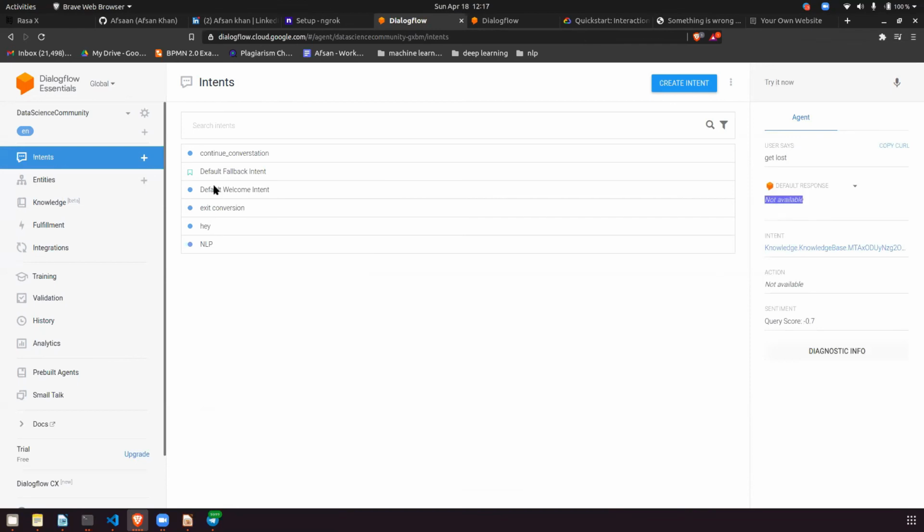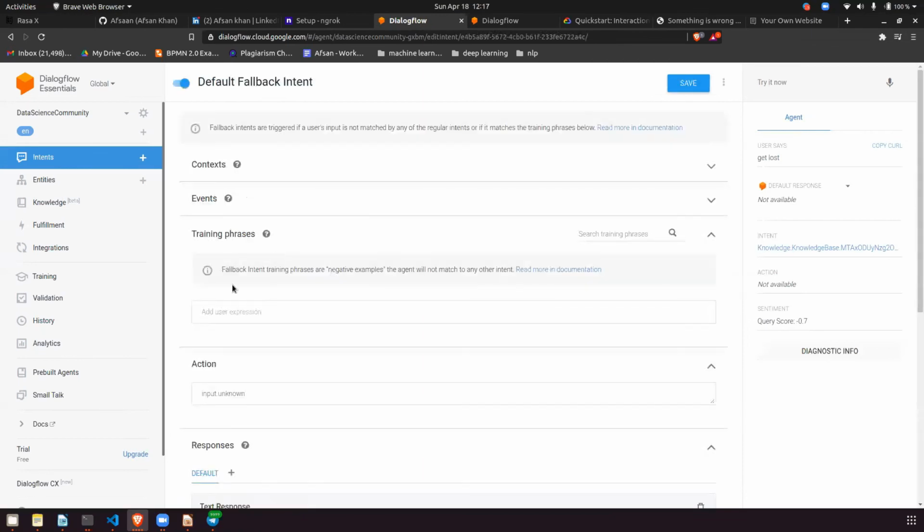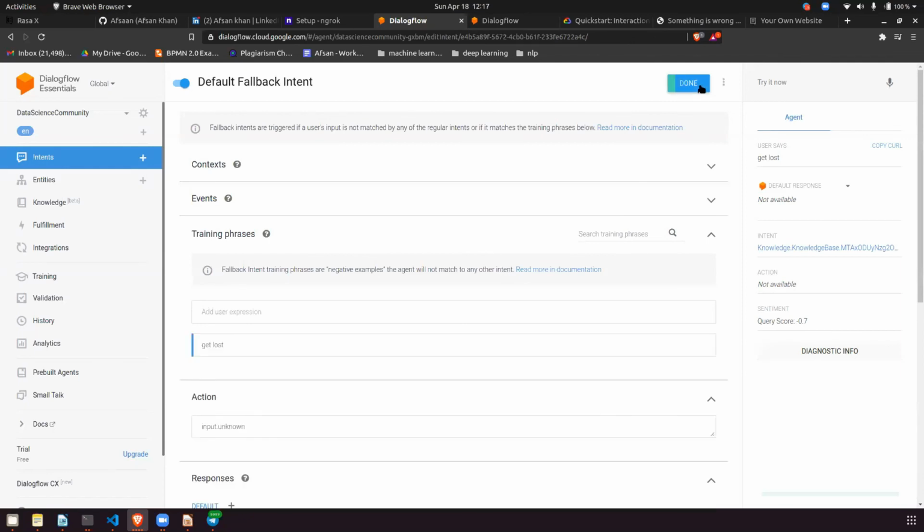In the default fallback, if I type get lost, and if I train this model, save, done. Okay, so training started, intent saved. Completed.